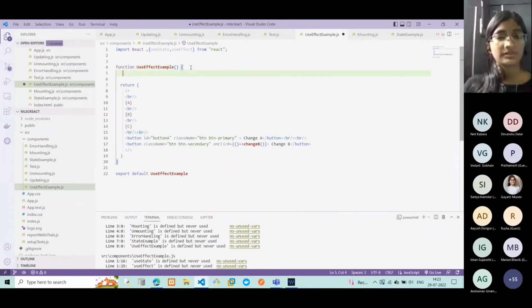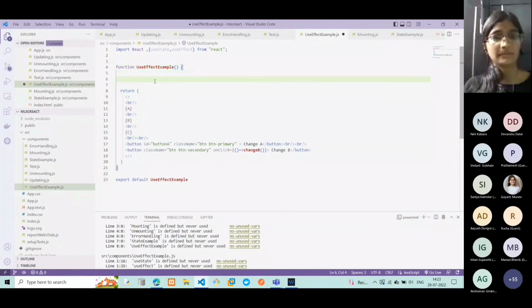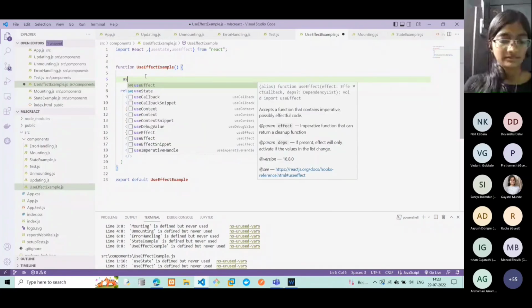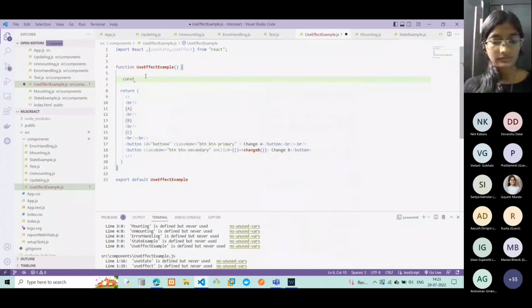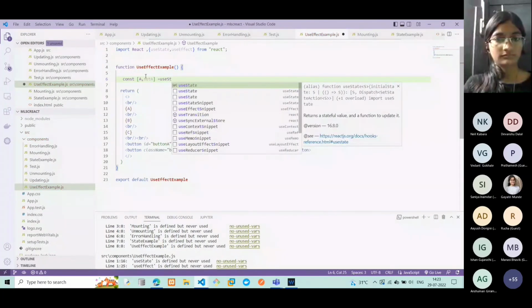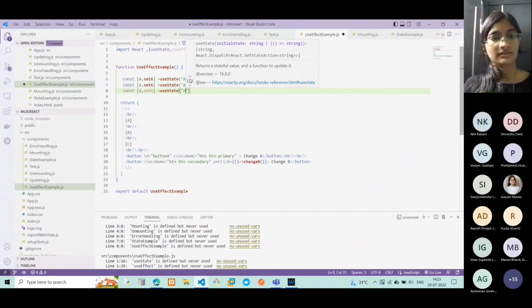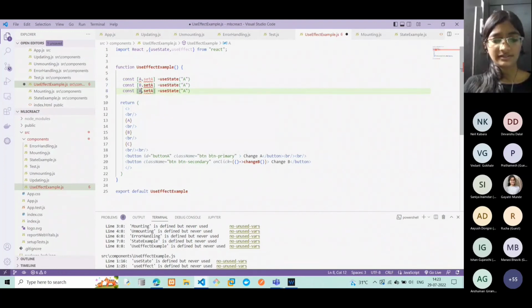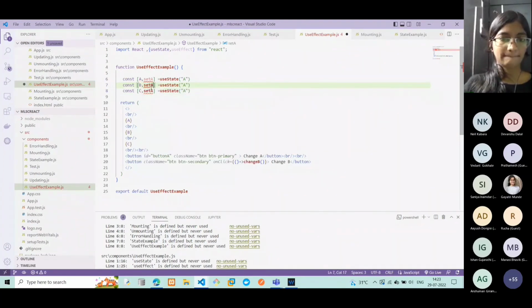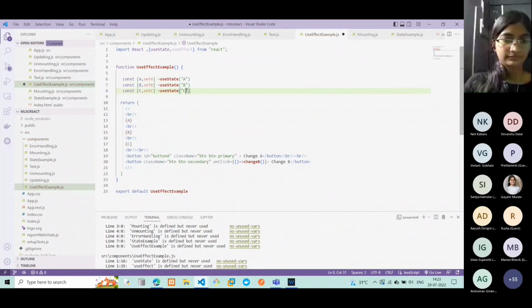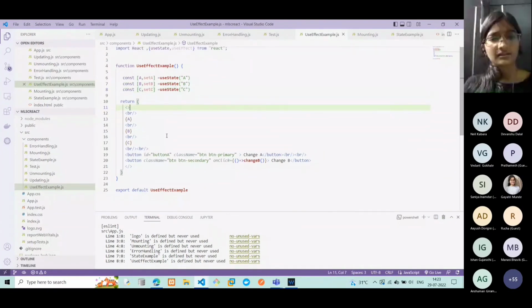Yeah. So I have imported the useState and useEffect hooks, and I'm just gonna use that. The default value I'm setting it as the capital one. I'm creating three such states. Yeah, and so what I want to do is